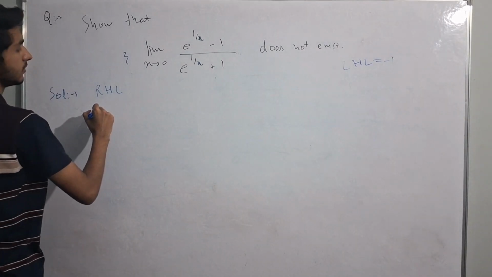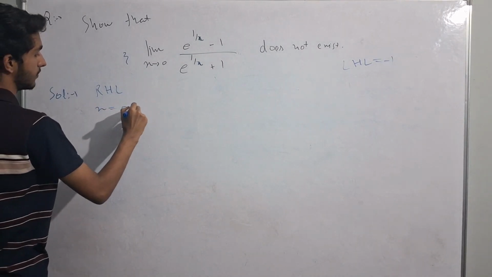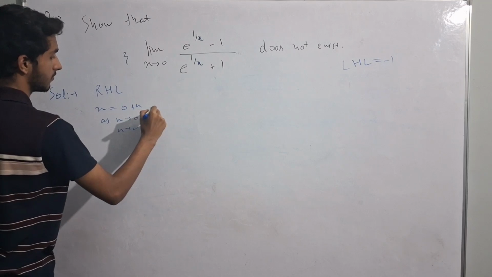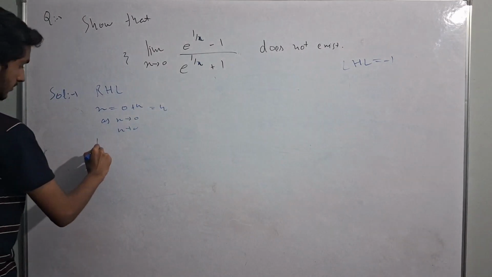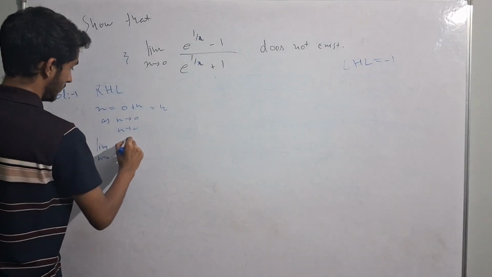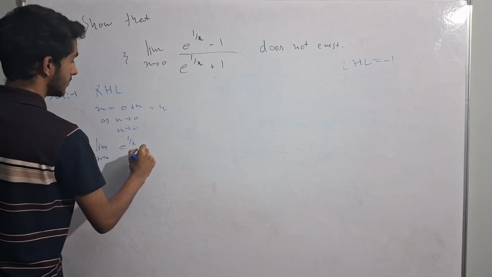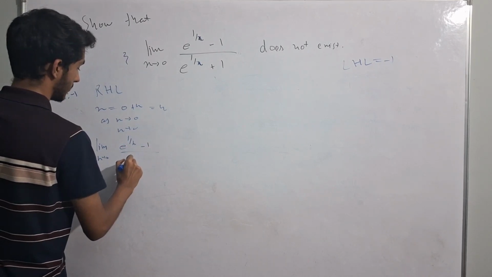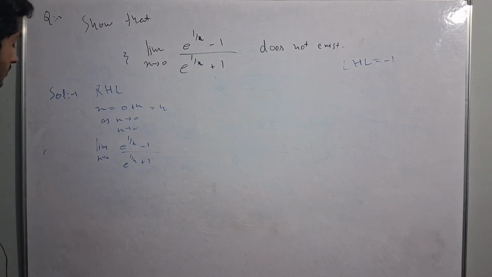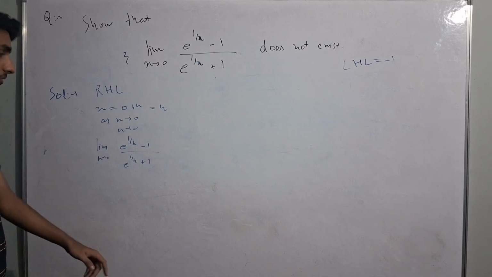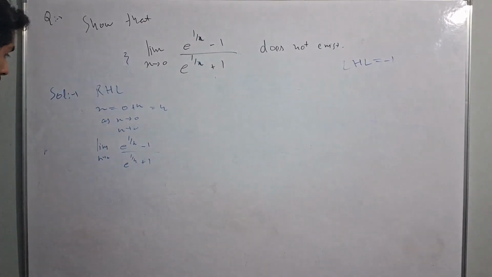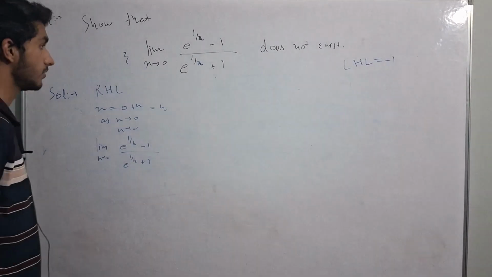So for the right hand limit, we'll do x is equal to 0 plus h. As x approaches 0, h approaches 0. So we get limit h tends to 0, e raised to power 1 by h minus 1 upon e raised to power 1 by h plus 1. If you just directly put the value of h is equal to 0, we get infinity minus 1 upon infinity plus 1, which is again the infinity by infinity form. So how do you deal with such equations? What I can do is,